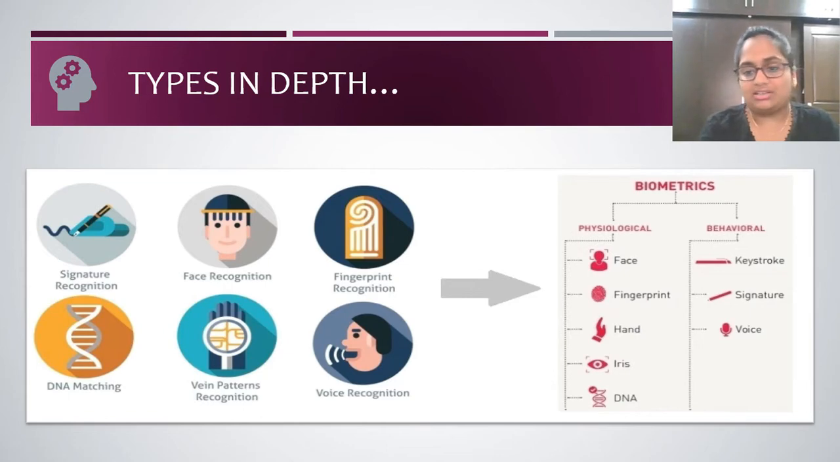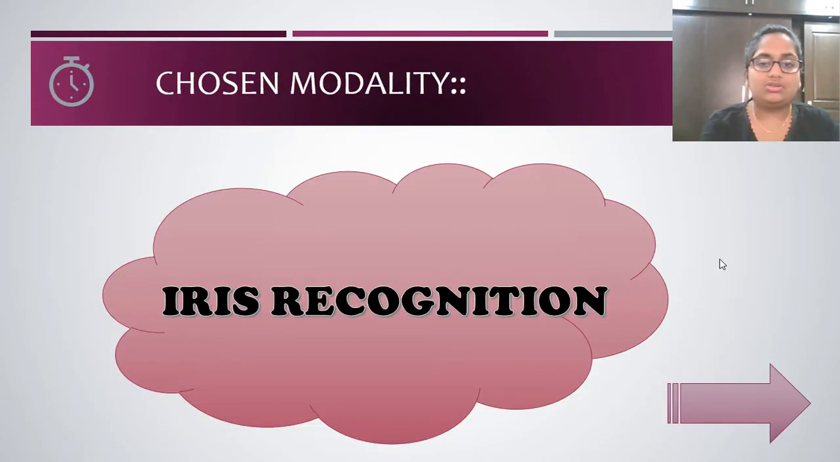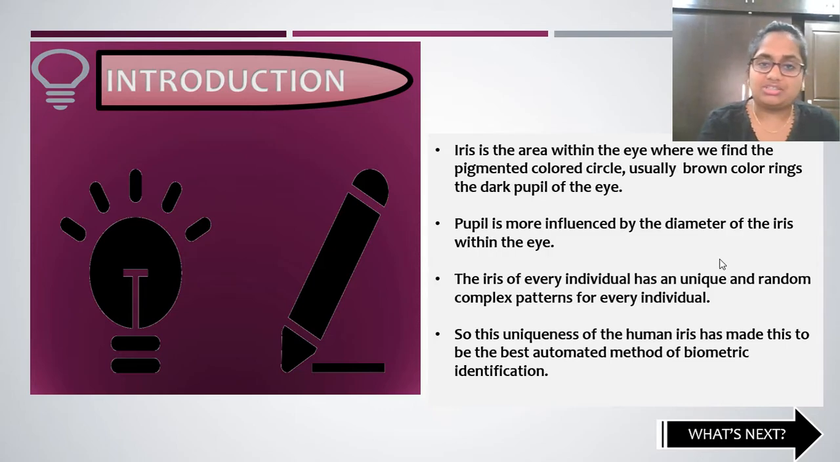Now coming to the other two types, physiological and behavioral. So physiological, we have face, fingerprint, hand, iris, DNA, and in behavioral we have keystroke and signature. Now coming to the modality which I have chosen for my in-depth research on one particular topic, it is iris recognition. So coming to the introduction part of iris recognition, the iris is nothing but an area which